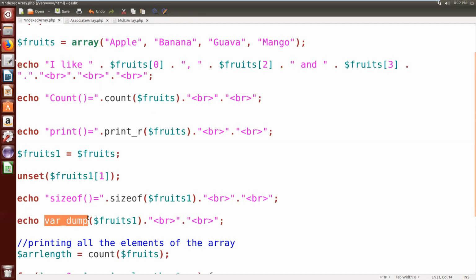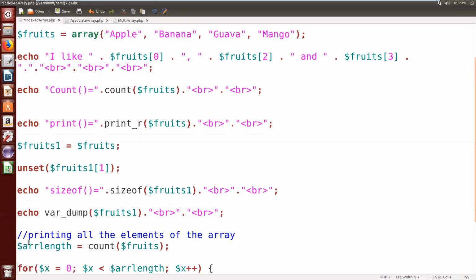Like that, it clearly explains the type of the element, the number of characters in that element, and the position of that particular element. We'll show the execution process also. So that is about the var_dump function.